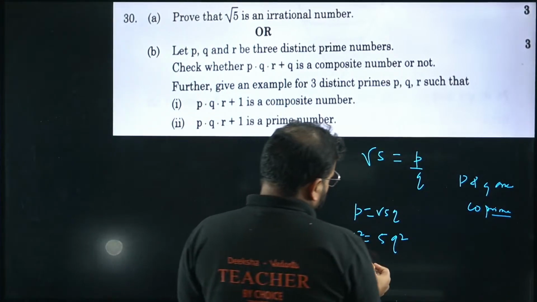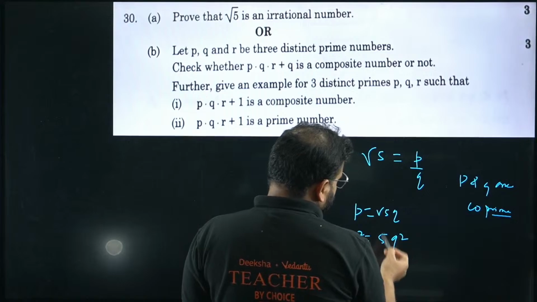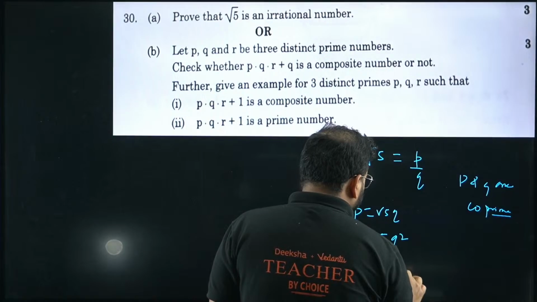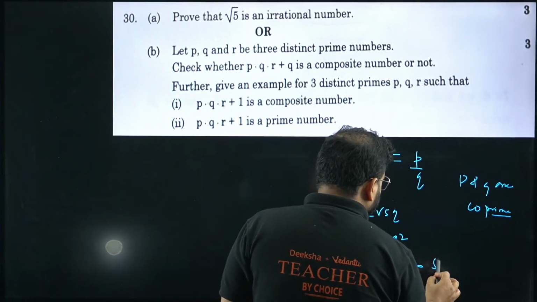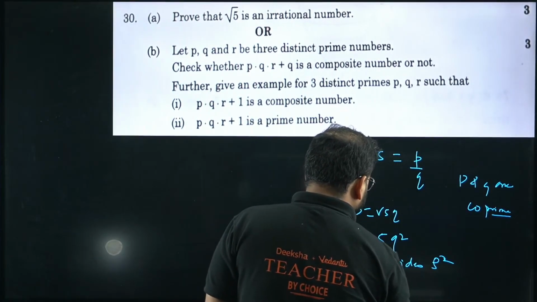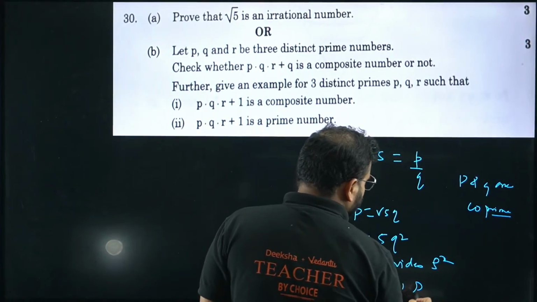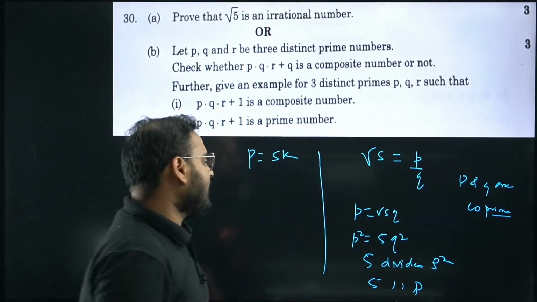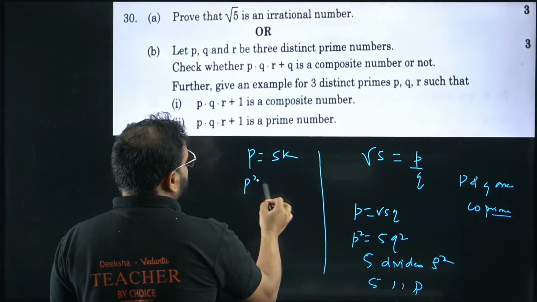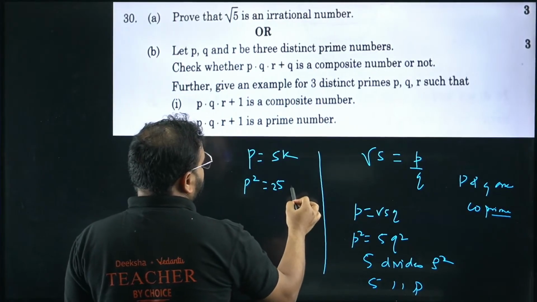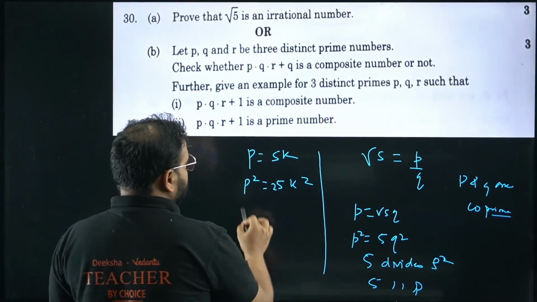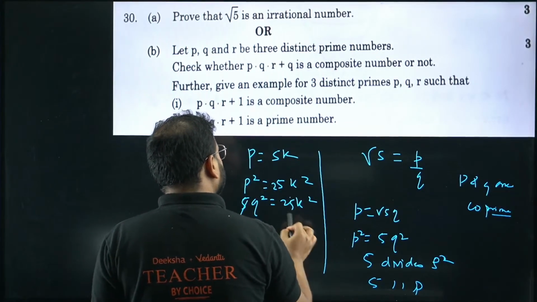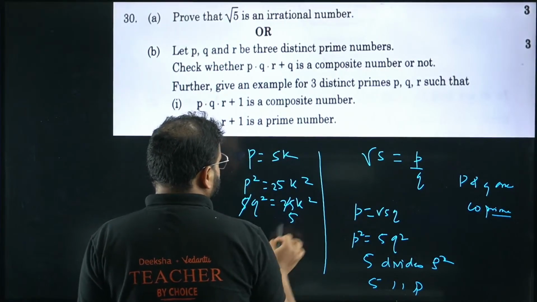Please check. It means 5 divides your p square. 5 divides p square. It means 5 divides p also. So you can write this p as simply, please check, 5k. If you square it up again, you're going to get p square equals 25k square right here. It becomes 5q square equals 25k square. Cancel this. What do you get now? Please check. You get this as q square